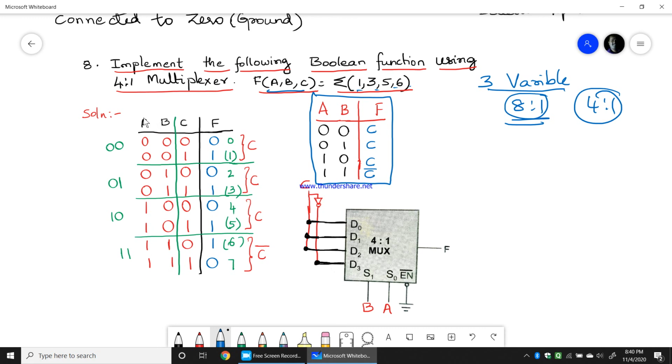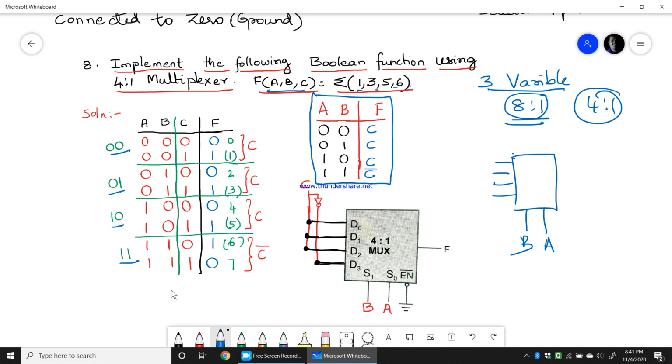So I will consider AB as selection inputs 0, 0, 0, 1, 1, 0, 1, 1. These 2 selection inputs A and B will be the selection inputs for the 4:1 IC.